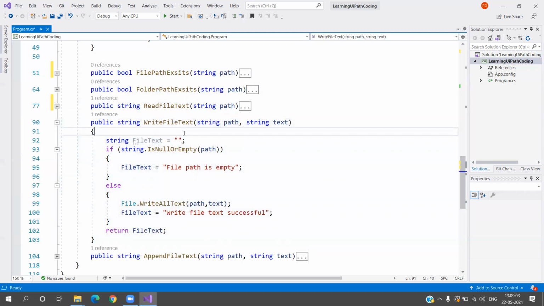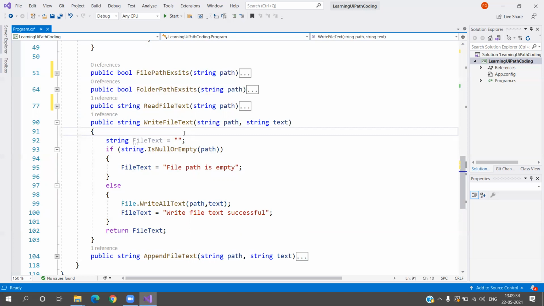Now write file text. Again it is simple, but here I will have to pass two things: one is my file path and the other is the text that I want to write. At the end, when we process the output, whatever we are reading, we will write it to the write file. In the case of write, it completely replaces whatever text was present previously. I have created three text files as well, one for read, write and append. I'll be showing that shortly.